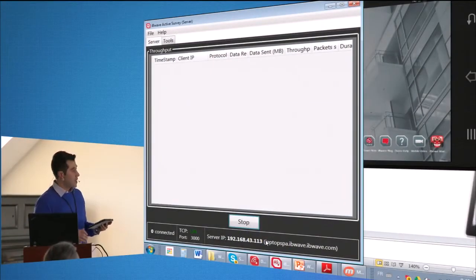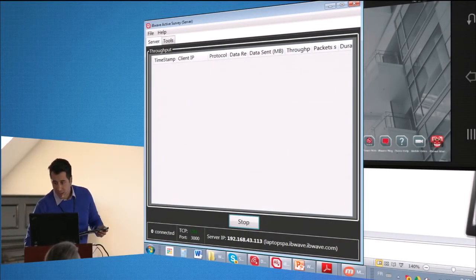One thing in doing this, we wanted to be able to do active and passive survey, which is pretty common in Wi-Fi. And to do that, what we developed was the iBwave Active Survey. So on your laptop or desktop, you have an application you can just run. Over here, you can see I can start the server, and it tells me my IP address. And then if I jump onto the tablet,